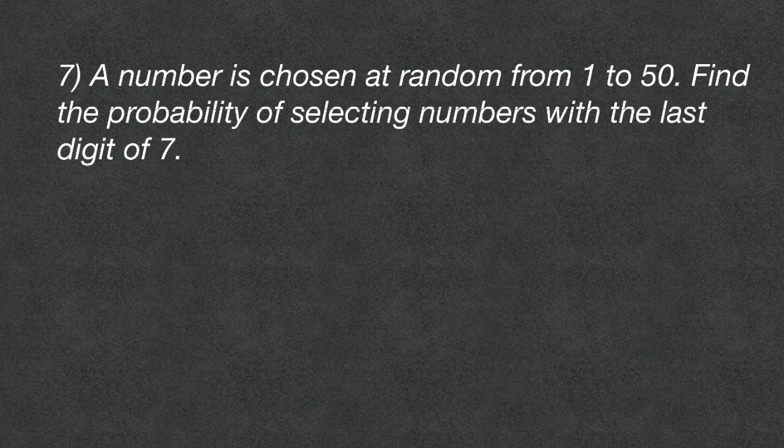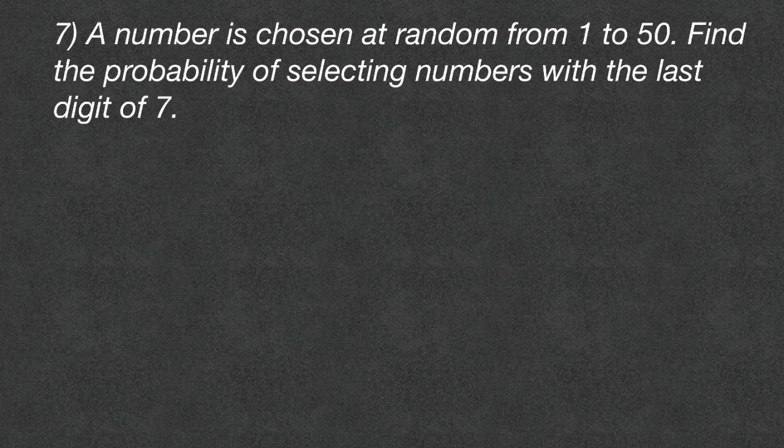A little further down on the page, we are given a number chosen at random from 1 to 50. Find the probability of selecting numbers with the last digit of 7. Okay, well, we know we have 50 numbers altogether, right? So we can write that as the denominator. And we need to think how many numbers have a last digit of 7. Well, from 1 to 50, let's just list them over here, we have 7, 17,